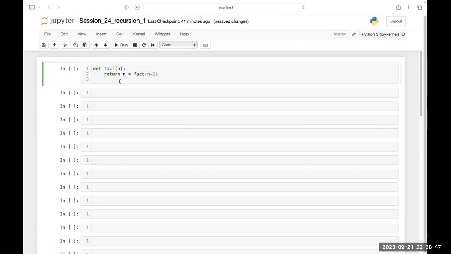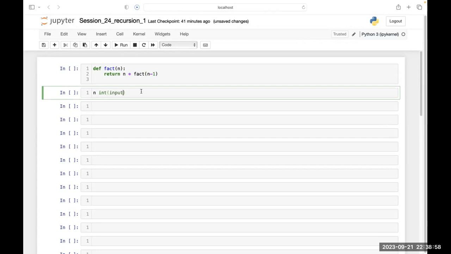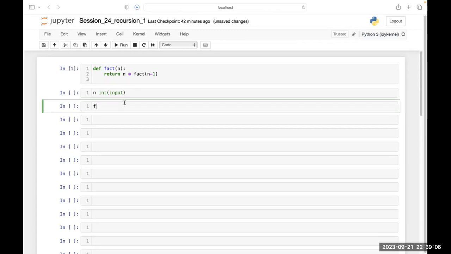Do you understand this? Now let's take an input from the user, an integer. So I am running this code first, then let's call here. First take the input from the user and then call this function.